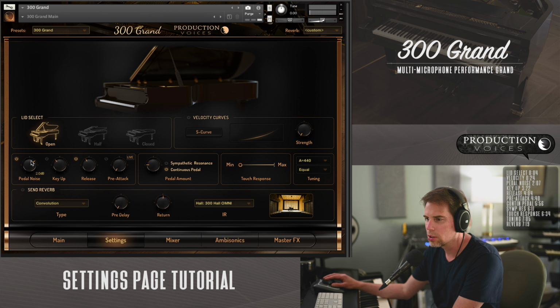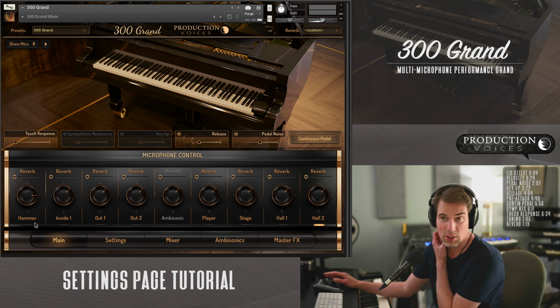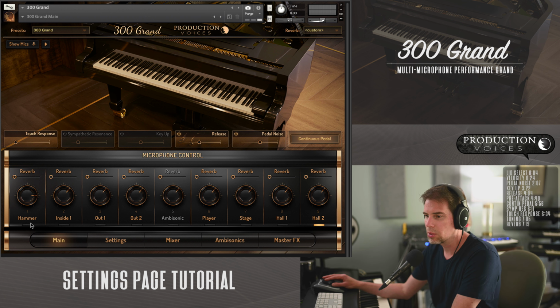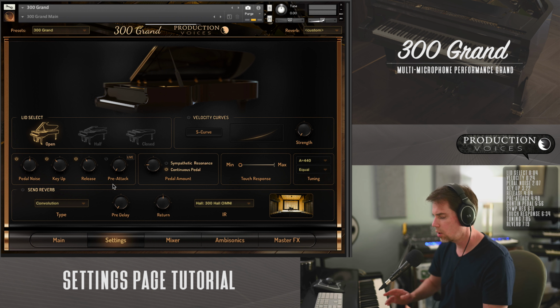There you go, in the hall, and some rumbles and tumbles and such as you get through each of there. And so authentic sounding, right? That's how it's going to sound. It's going to have a little bit of rumble in it, but be careful of that when you're adjusting your settings. Key up. So key up is when you hold down the key, the pedal, and then you have a